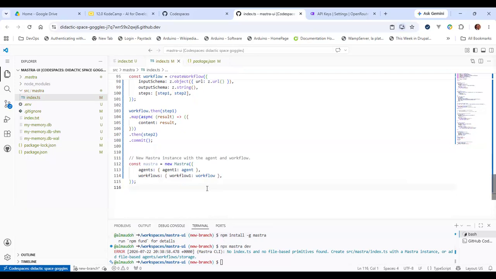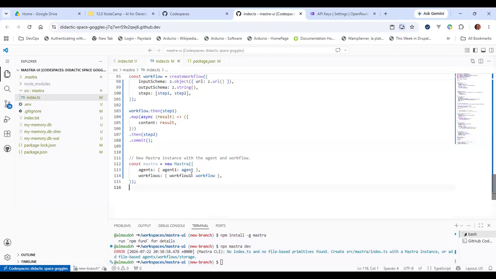I'm not going to have anything else for now, just those two. We could have a server as well, right? If you have a Mastra server in here, that means you can create an endpoint and that server can be connected to on that port.